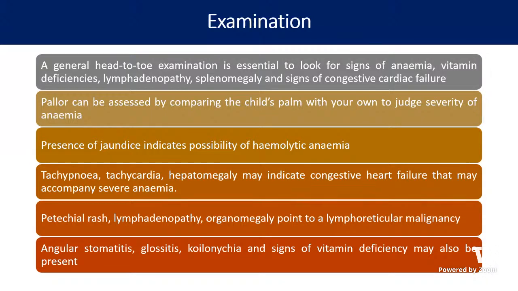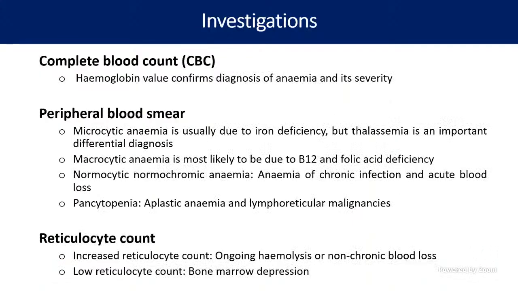Any investigations you want to do? Yes. What are all the investigations? We want to check the hemoglobin levels first. Is it not so? So let us see the hemoglobin levels, which will suggest to us that the child has anemia. When we do the smear, what we will see, if there is a microcytic anemia,